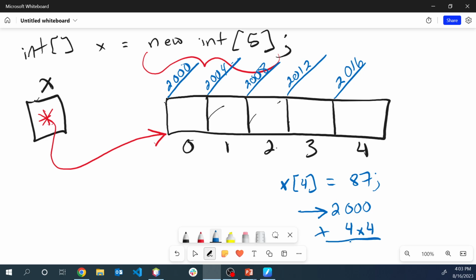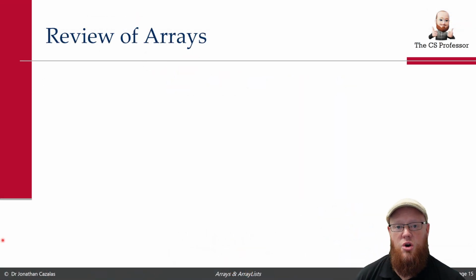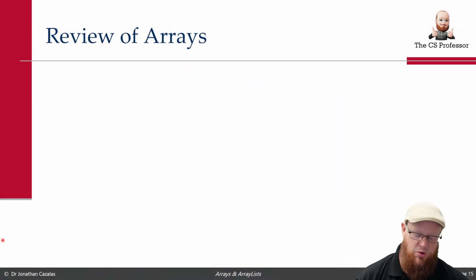So Java is going to say we need to save this value 87 at memory address 2016. So this 87 right here is going to get placed right here at memory address 2016. This is what's really going on under the hood with respect to our arrays,